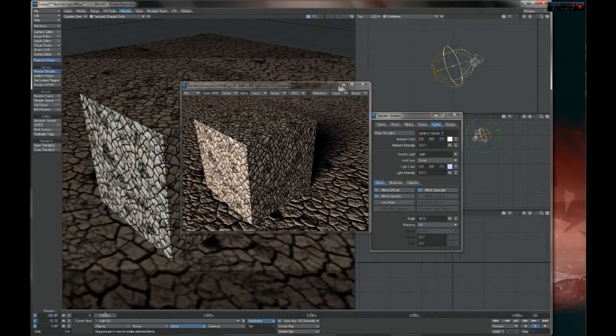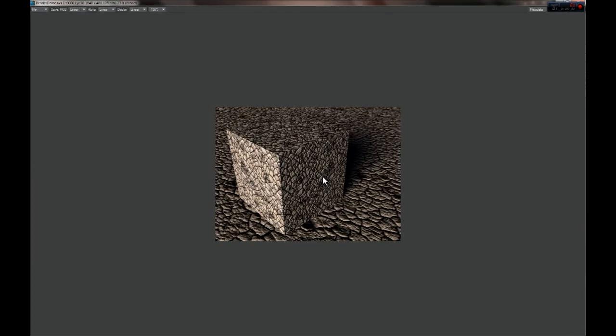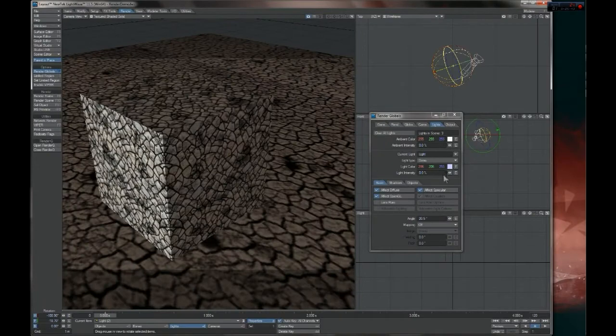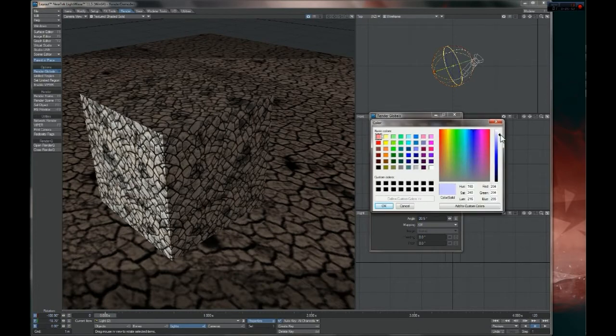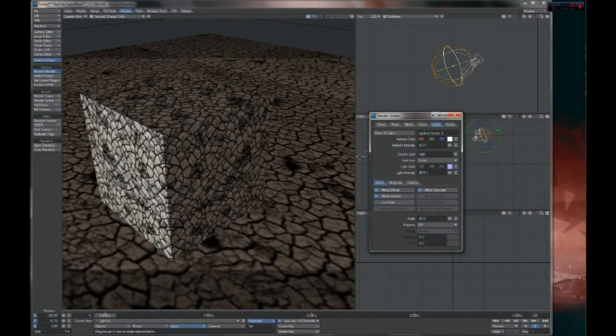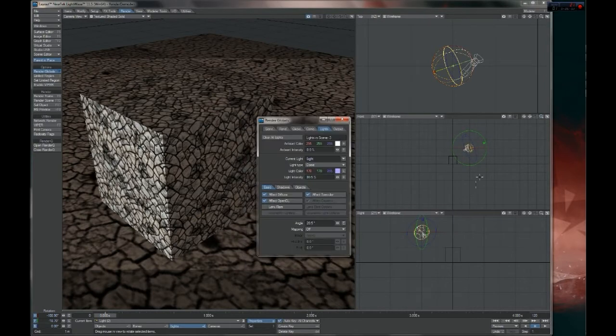As you can see, it's not making a massively noticeable difference, and I'm switching between the two. So, to make it make a difference, let's go 80, change it to more of a blue color. We can also actually change the position of it if we wish to. We can actually give it more,